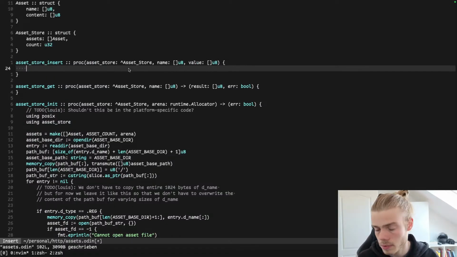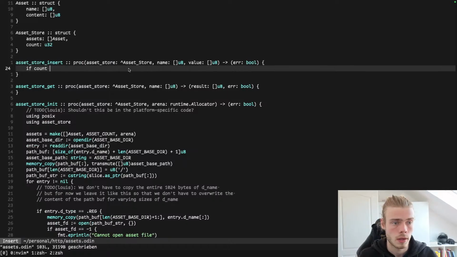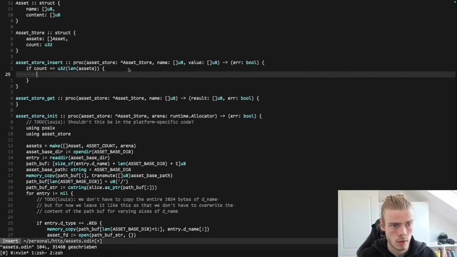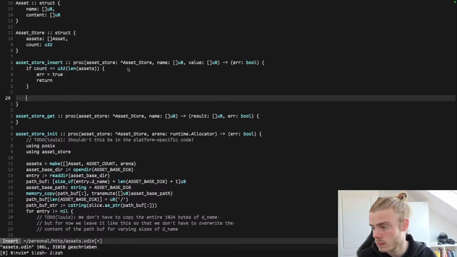Okay, insert. What does insert do? We just look at the count, and this can also return error. If the count is equal to length of assets, probably has to be converted to U32. Error is equal to true and return. If there is space left,